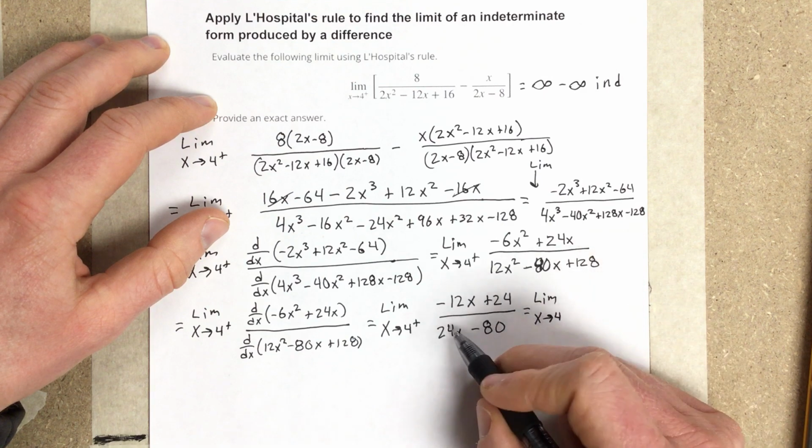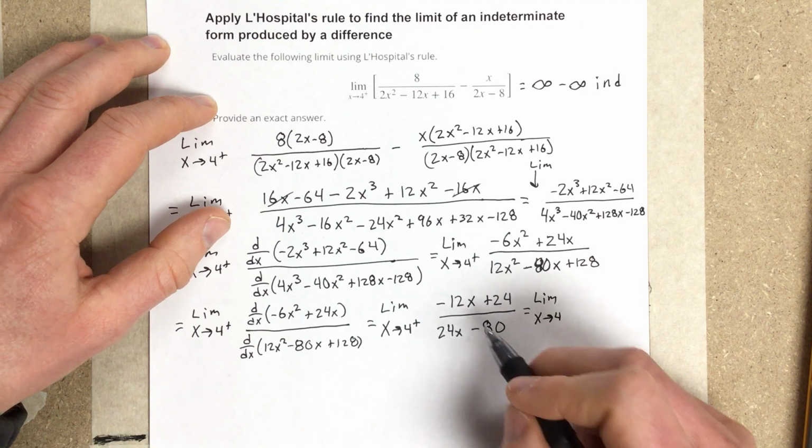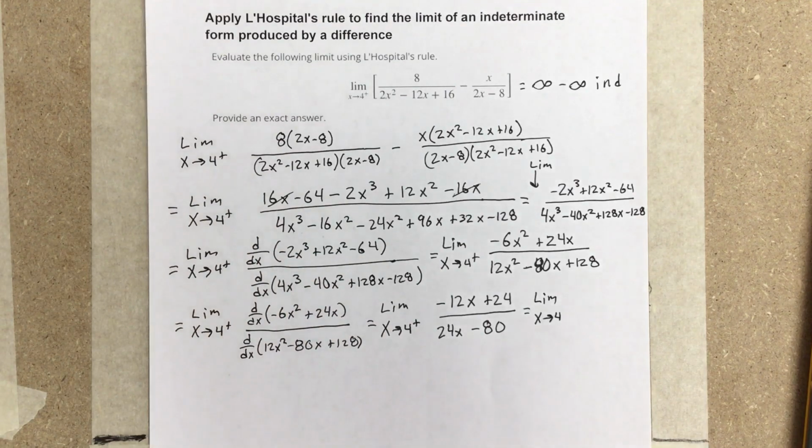Let's plug in negative 12 times 4 divided by... okay, if I evaluate this limit now,